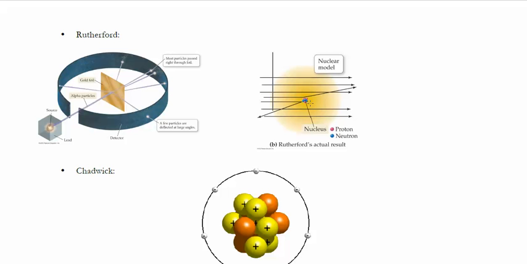Now, the majority of an atom is empty space, while the nucleus, which takes up very little space, has all of the positive charge, which means it's extremely concentrated. And so that explained why, when alpha particles were shot into the gold foil, some of them were deflected, as you can see in this diagram. So Rutherford discovered protons and this concept of a nucleus rather than the plum pudding model.